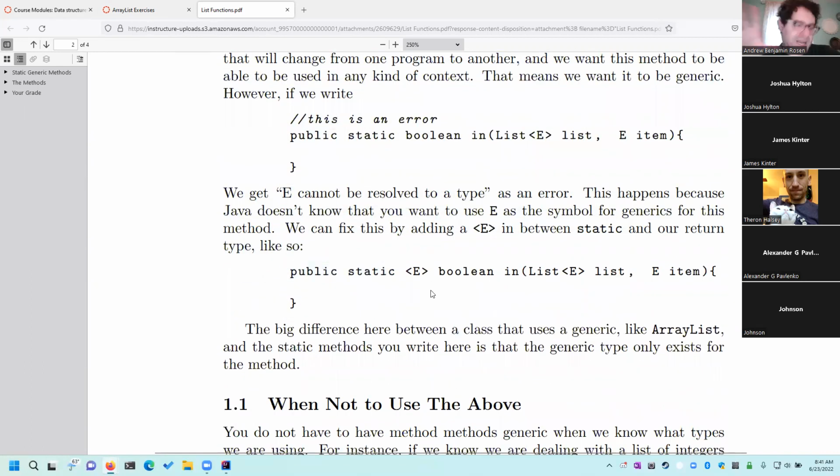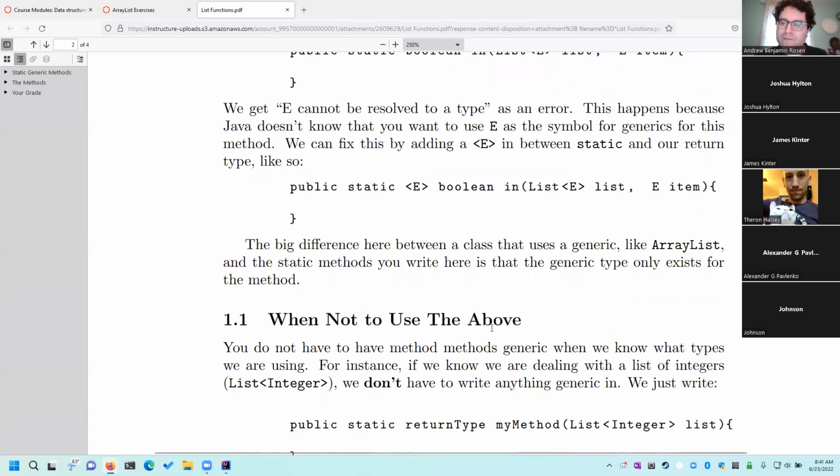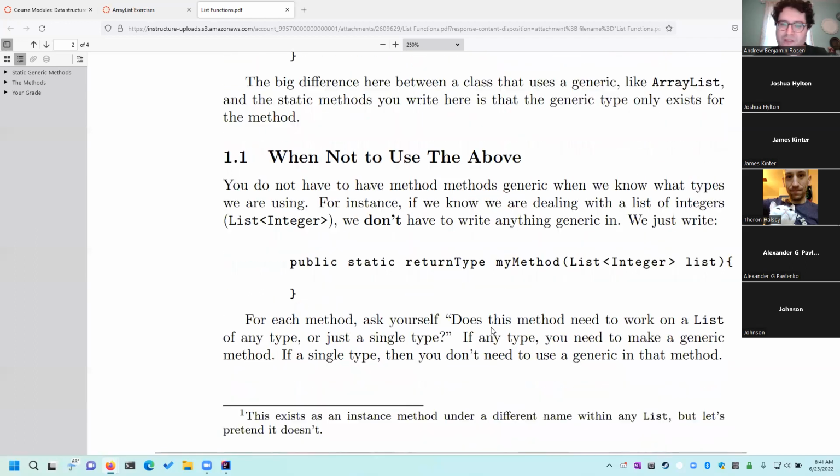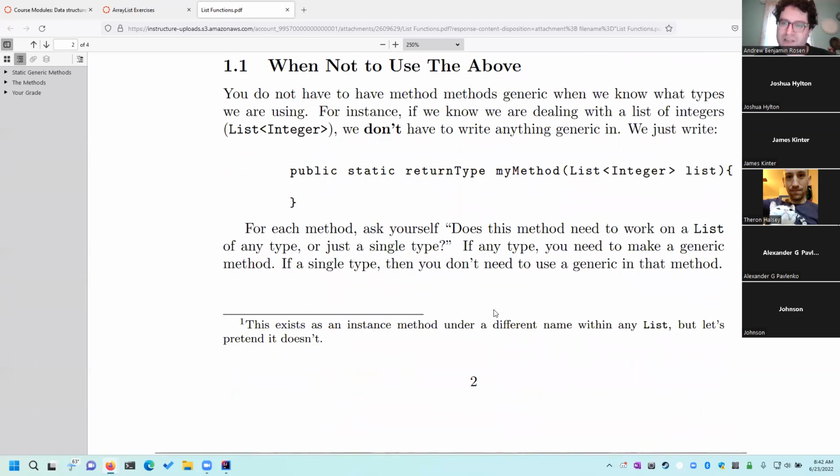But let me emphasize that the reason they exist is to make your life easier. The point of them is that you don't have to make one method to deal with what if my list is taking in an int? What if the list is doubles? What if the list is arrays? You don't have to do what's called boilerplating, which had been one of the big criticisms of the Google Go language. I think it supports generics now, but that had been one of the things that was a big frustration when I looked at using it. It didn't support generics.